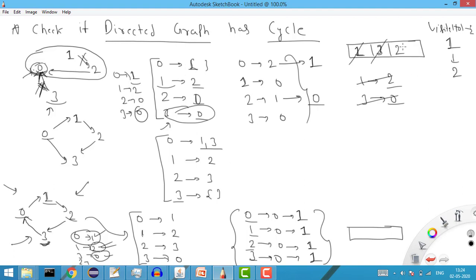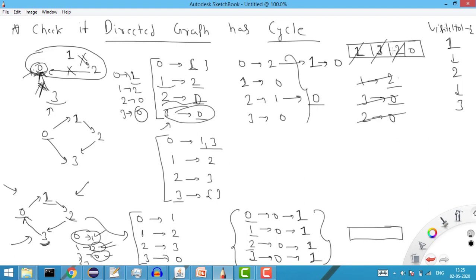Now still I have one more element here, so I will remove this 2, and I will increase the visited count to 3 by +1. Now when I remove this 2, from 2 I can go to 0. So from 2 I can go to 0, and now I am removing this node. If I am removing this node, it means I am reducing the incoming edge for this one. So it will be -1, so it will be 0. And because this is 0, I'll add it into Q. Right?